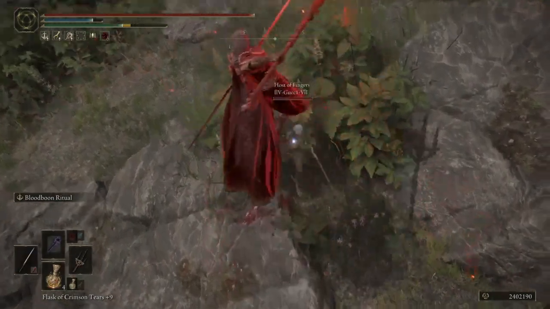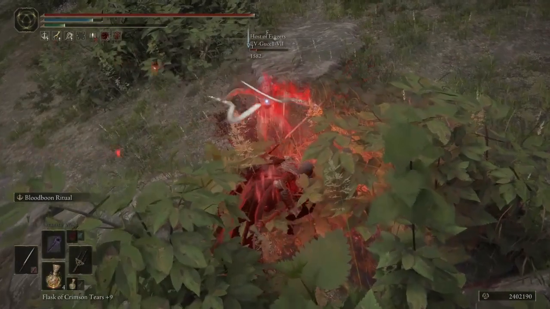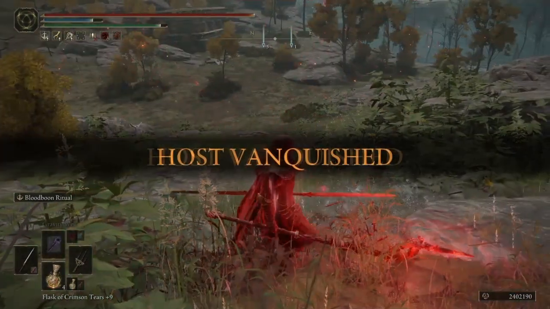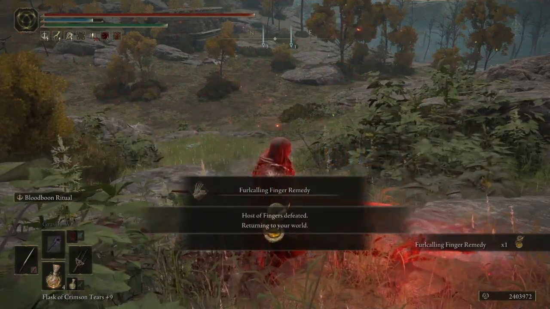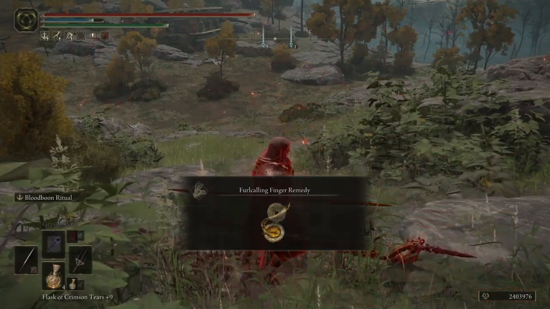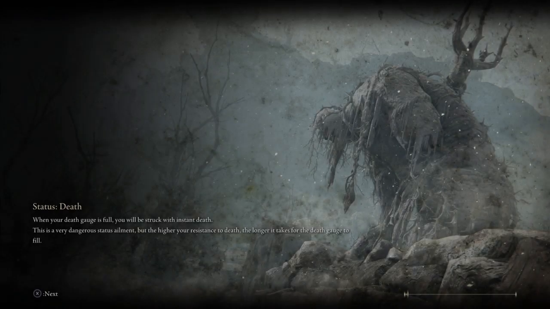Now once you have both your runes and your friend's runes, you're going to kill each other. It doesn't matter who kills who, but one of you needs to die to end the duel. And then once the duel ends, you're going to get sent back to your world. Once that happens,